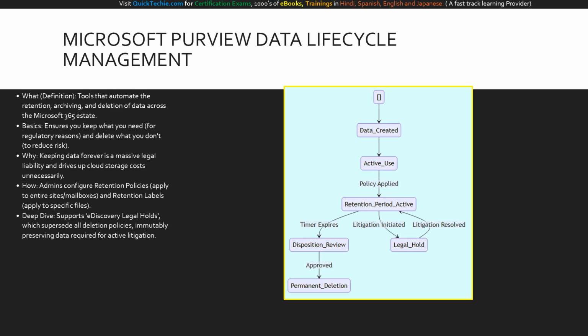This state diagram perfectly maps the governed lifecycle of enterprise data. It begins when data is created and moves into active use. Based on Purview policies, it enters the retention period active state, where it is protected from accidental deletion. Once that timer expires, it moves to a disposition review, where a manager approves its transition to permanent deletion, safely